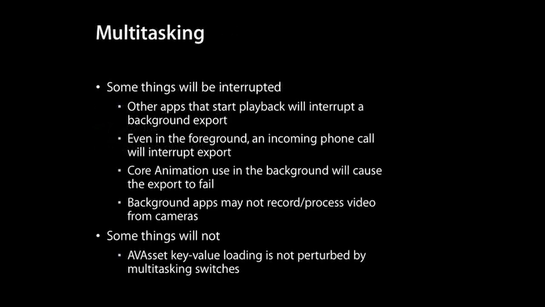The other piece of asynchrony is multitasking. Your app is going to live with other apps on the system, and your app may be pushed into the background by the user. You have to realize that if the user starts up